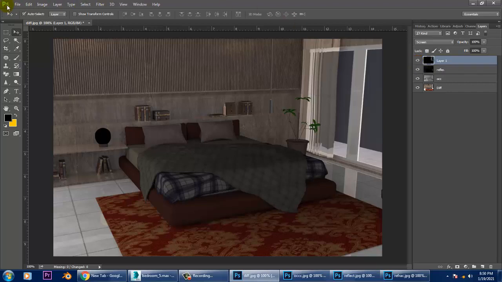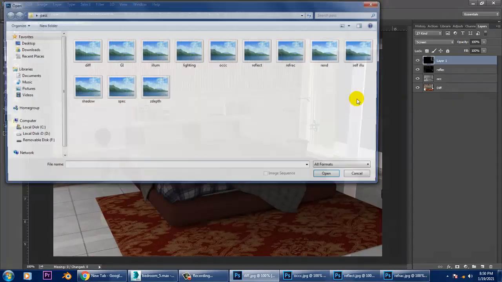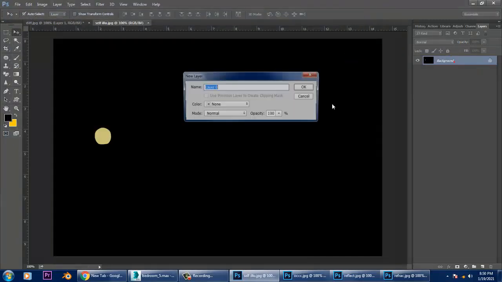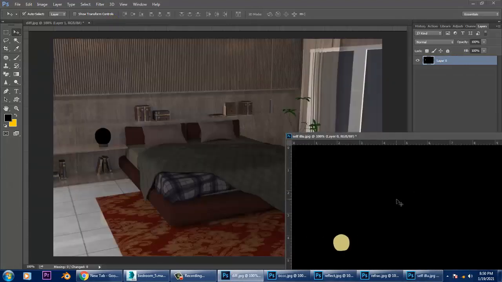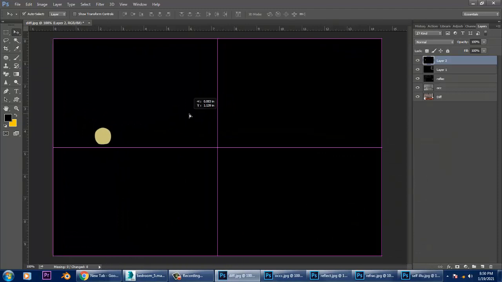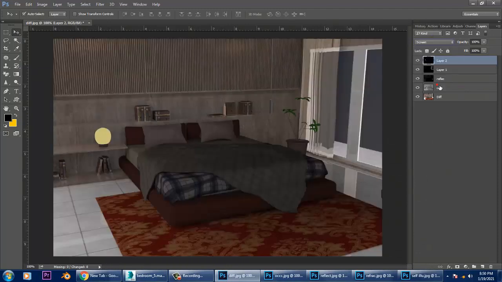After that, we have one more pass, your self illumination, that's for your glow. Let's set this to screen. I'll rename it as SI, self illumination, and the other as refract.